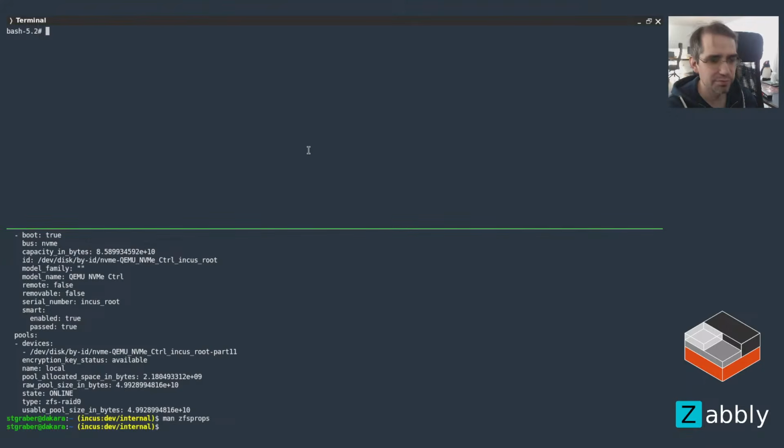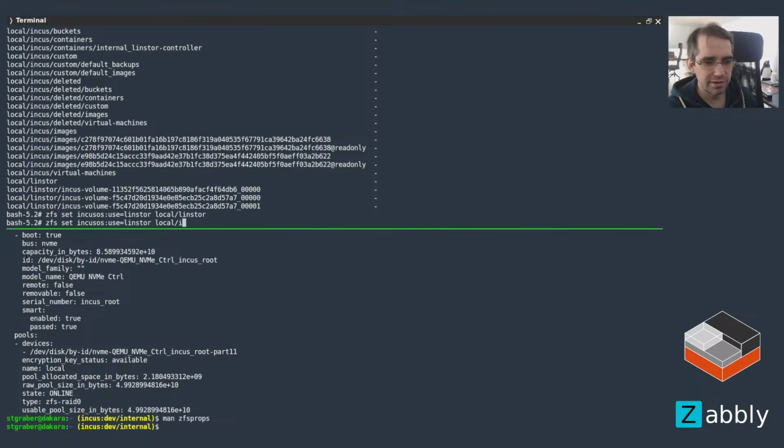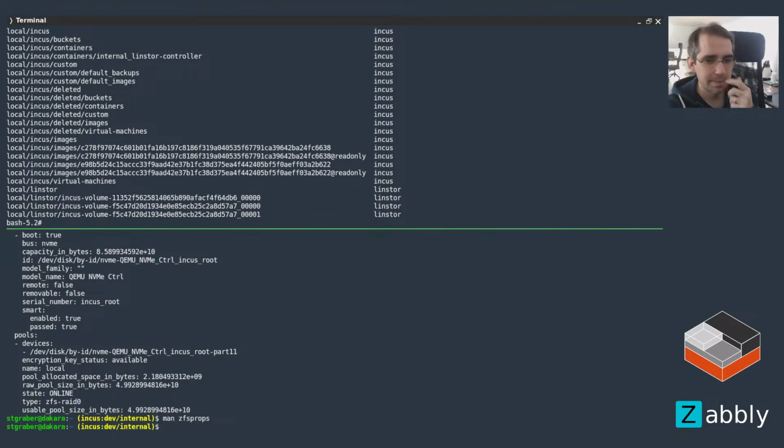So we should be able to do, in this case, just list everything. And then we would have a property for like IncusOS use, which currently shows nothing. And then we would go and set IncusOS use equals Linstor on local/Linstor. And then IncusOS use Incus on local Incus. And yep, there we go. Now it's set. Perfect. Cool. So the first step really is going to be to modify the Incus,